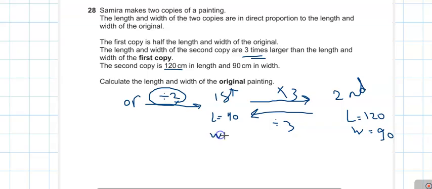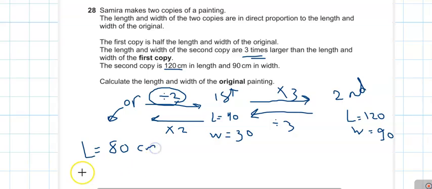and the width is 30. But he doesn't ask about the first copy, he asked about the original. So the original is double the first copy, so the length of the original is 80 and the width is 60 centimeters. Okay, let's see